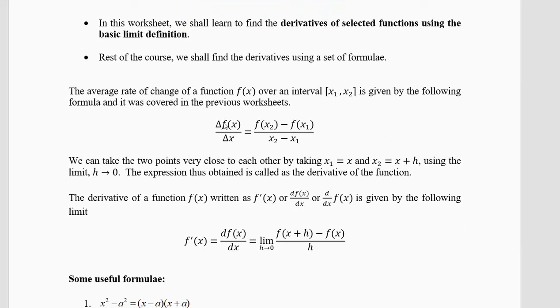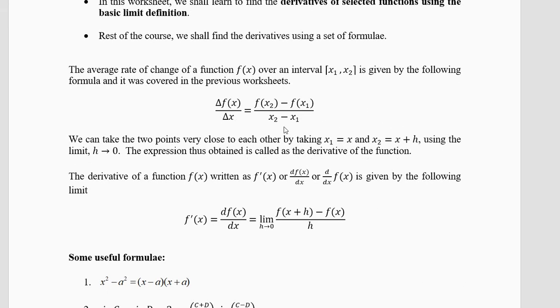Now what's this? This formula is the formula of the average rate of change. We have seen average rate of change. X2 is B, X1 is A, and average rate of change is f of B minus f of A divided by B minus A. We'll not use A and B here. X1 is like A, X2 is like B. Now we are going to write the definition like this. It looks better in this.